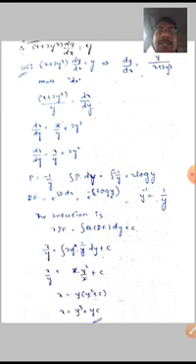Next application is x plus 2y cube dy by dx is equal to y. So dy by dx is equal to y by x plus 2y cube. Here this is not in the form of dy by dx plus p of x into y is equal to q of x. Now we have to convert it into dx by dy plus p of y into x is equal to q of y. That is, we have to write it in the reverse direction.